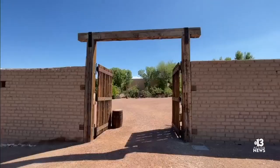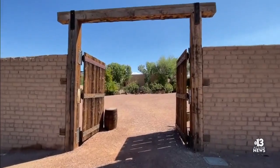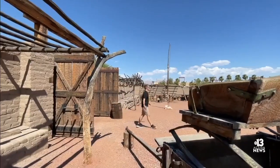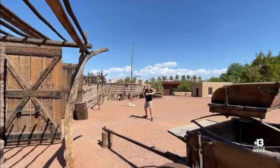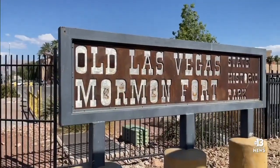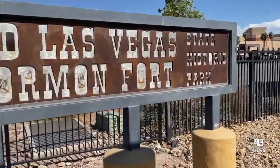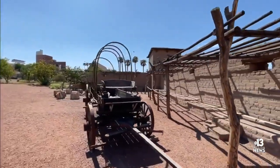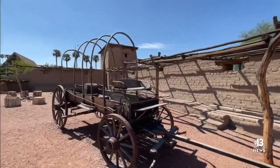Thanks, Mayor Goodman. Now that you've given me some of your favorites in downtown, let's go explore. Walk through the gates of history and step inside the birthplace of Las Vegas. Old Las Vegas Mormon Fort State Park in downtown will transport you back in time to 1855, when a spring-fed creek flowed through the valley, and the city's first settlers came and built the fort, which was the first permanent